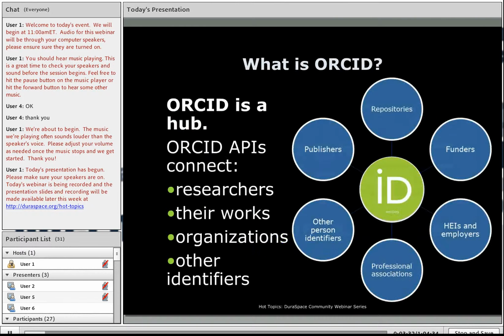So, ORCID is a hub. We have a central registry of all our identifiers linked to information about those researchers. APIs connect researchers, their works, the organizations where they've been educated or where they have worked, and other identifiers. You can imagine ISBNs for books, DOIs for journal articles, and so on and so forth. We link to publishers. We link to repository systems. We link to profile systems like VIVO. We link to funders, grant management, and application systems. We link to a whole range of information resources, and we provide a way of moving information between all of